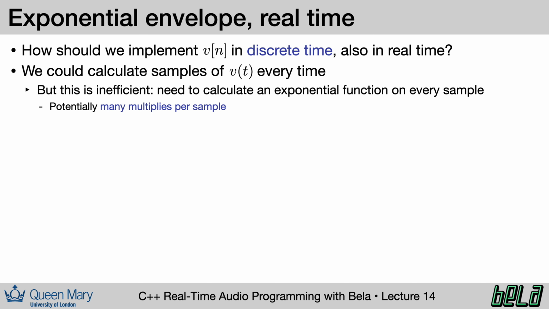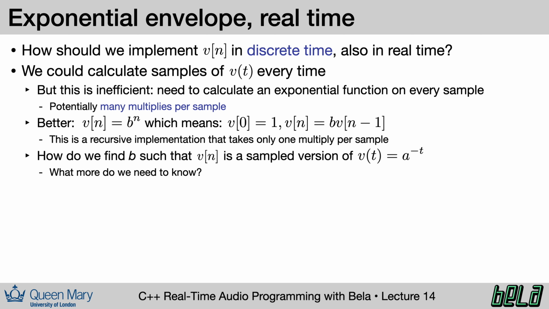We went through these equations so that we could implement the exponential envelope in discrete time. We decided that we could calculate samples of v of t every single time, but that it would be quite inefficient to do so because we would need to run an exponential function each audio frame. This involves potentially a large number of multiplies for our CPU. A better approach was to use a recursive formula where the current output is equal to the previous output times